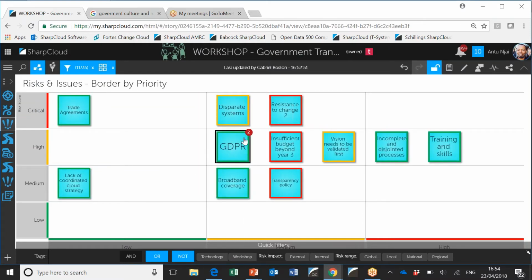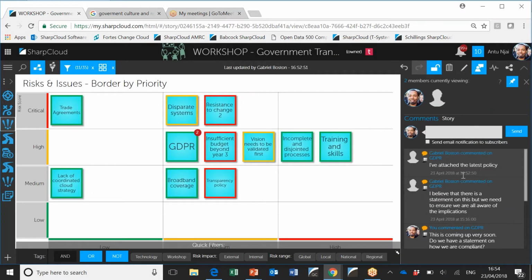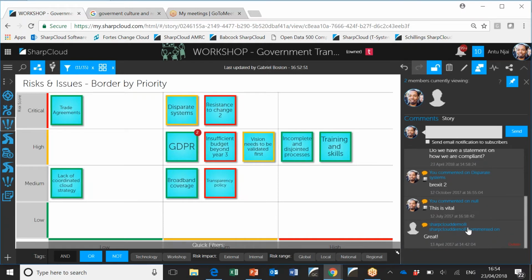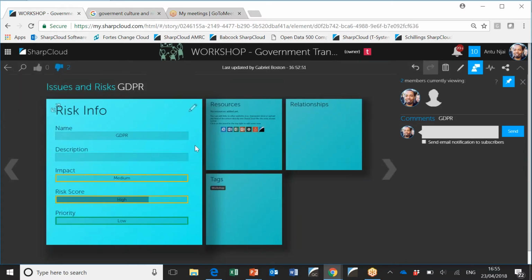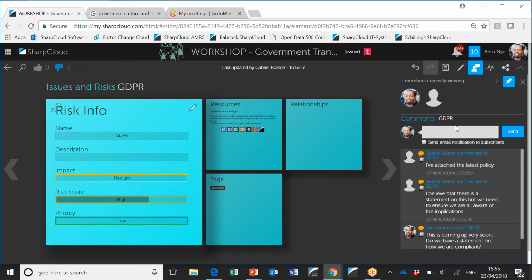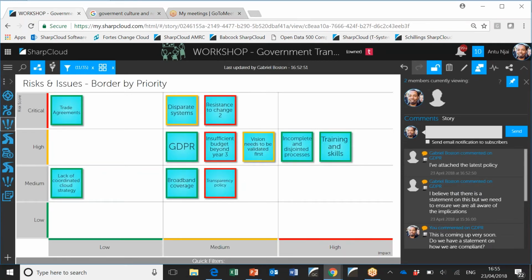So if I go back to me in this view and I unearth all of them, you'll see those 2 comments. And those comments I can expose by first of all opening the comment panel, because this is where I'll see all of the comments left by anybody on this story right through to the beginning of time. But the moment I go into the GDPR icon or item, so I open it up, you'll notice that it filters to say I'm now showing or seeing comments for GDPR. So I can see Gabriel's latest couple of comments. I can respond, or I might think, okay, great, I've got it. And now, because I've read those comments, the 2 has disappeared. So that's me having caught up with the activity on this roadmap story.